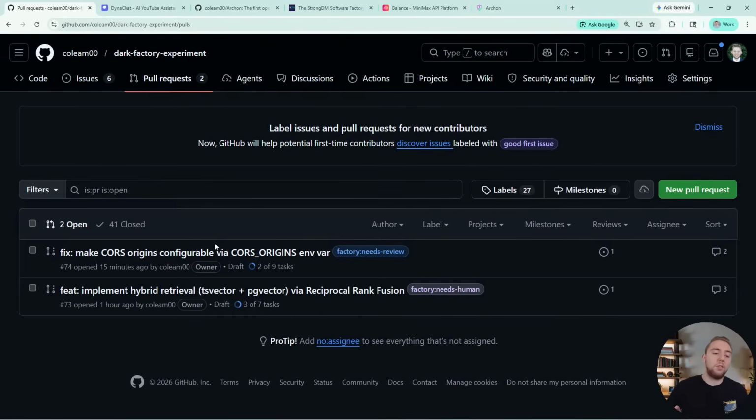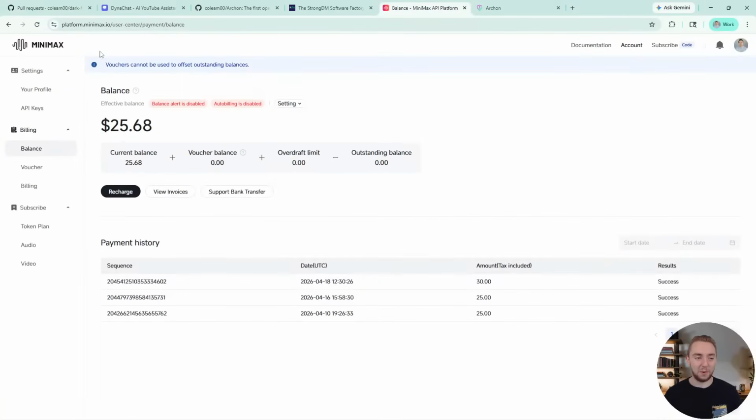Because like I said, I don't want too much going on in parallel just for the sake of token efficiency, because it'll start to burn through credits as we have a lot happening. So if I refresh here, you can see it went down from 68 cents to 59. That's how I know that the workflow is currently working with Minimax M2.7 on the VPS.